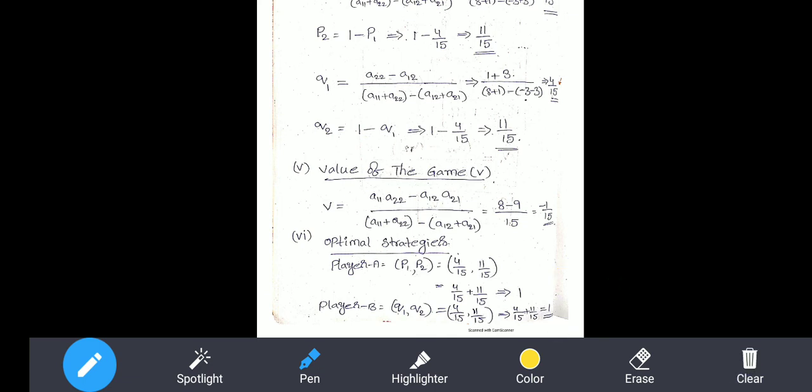So this is about game theory with mixed strategy. Mixed strategy is used here. If the problem does not have a saddle point, the players use more than one strategy. The sum of all those strategies will be equal to 1. That is obtained finally here, so the solution is optimized.